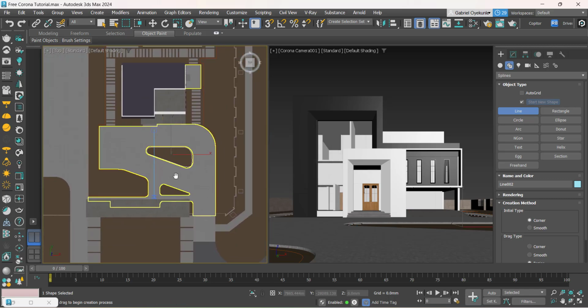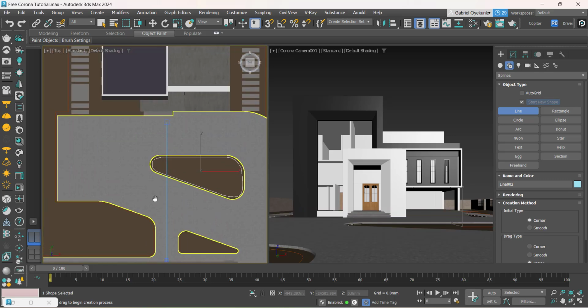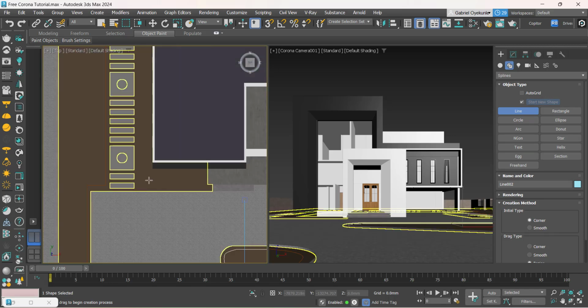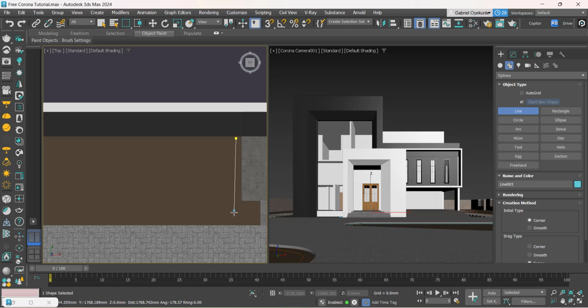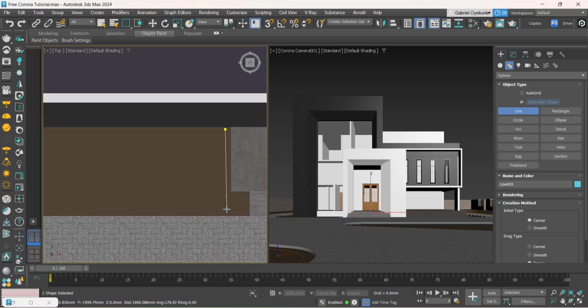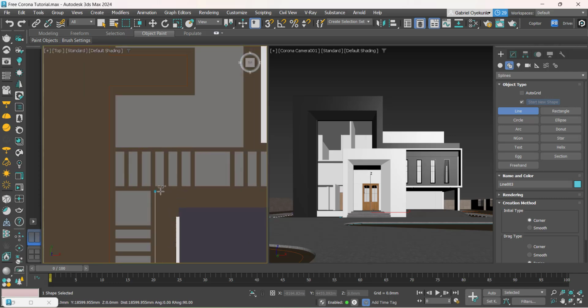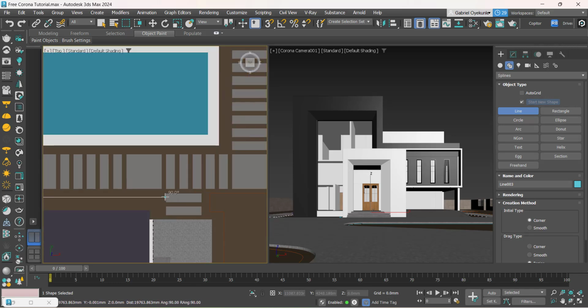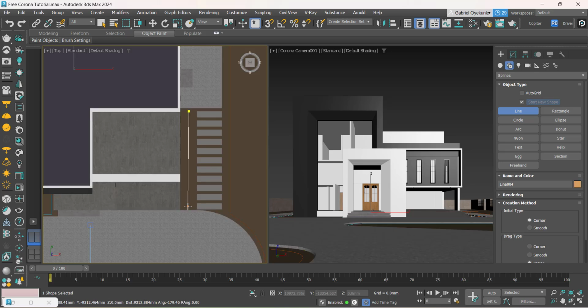So that's it. Here I can do the same thing. These ones are straight, so I can just come here and press shift. Make sure you get it now. So we can do the same thing here,